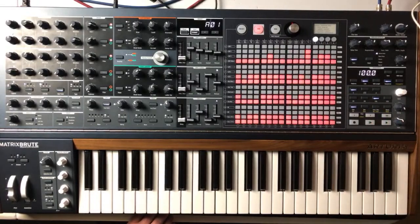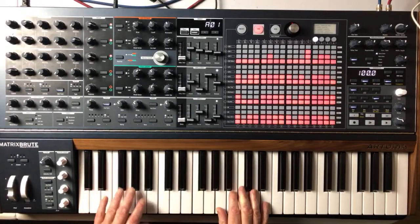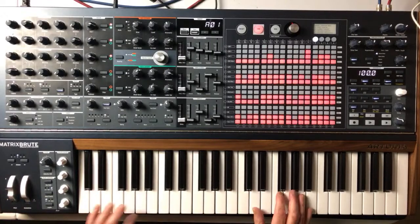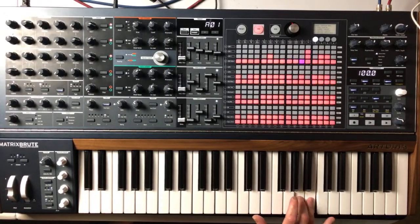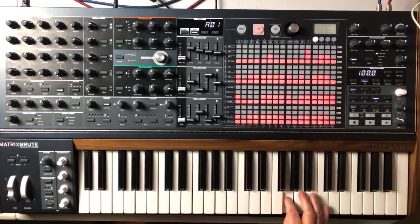That's actually a sequence I used on the new Doug and Colin album, which is Thinking Tomorrow. The new Doug and Colin album is premiering tomorrow night at 8 o'clock. So you can switch the sequencer off at any time and just...